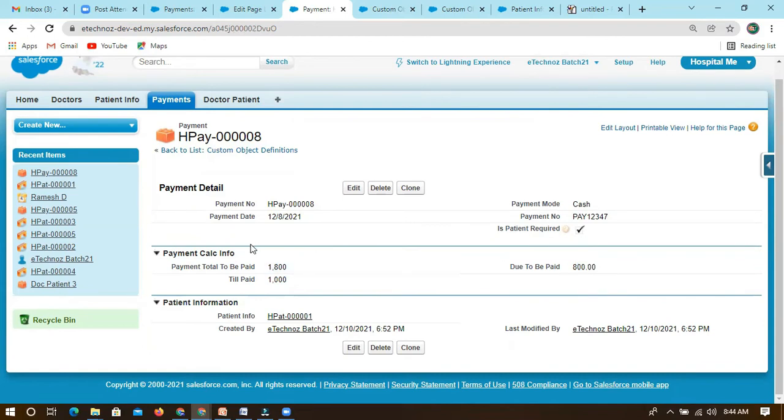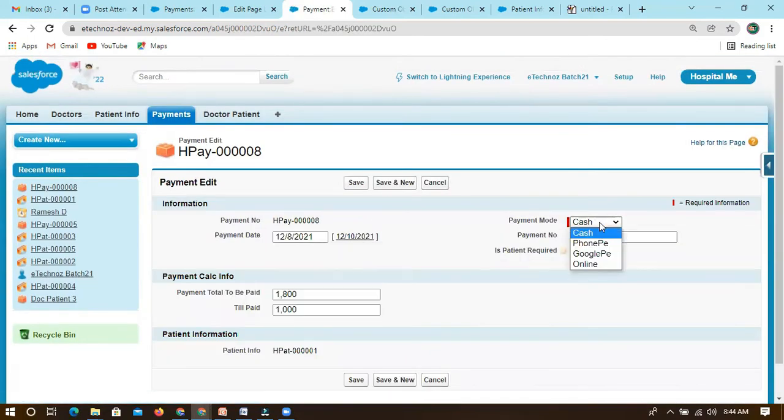Likewise, this is the payment details we can do. And one more thing I want to showcase here: let's take, I'm editing this. You can see this payment mode, which is mandatory here, but this will be applicable only for this layout. Let's say I haven't given anything, but this is a pick list, so definitely you have to select something. Otherwise it will throw an error again.